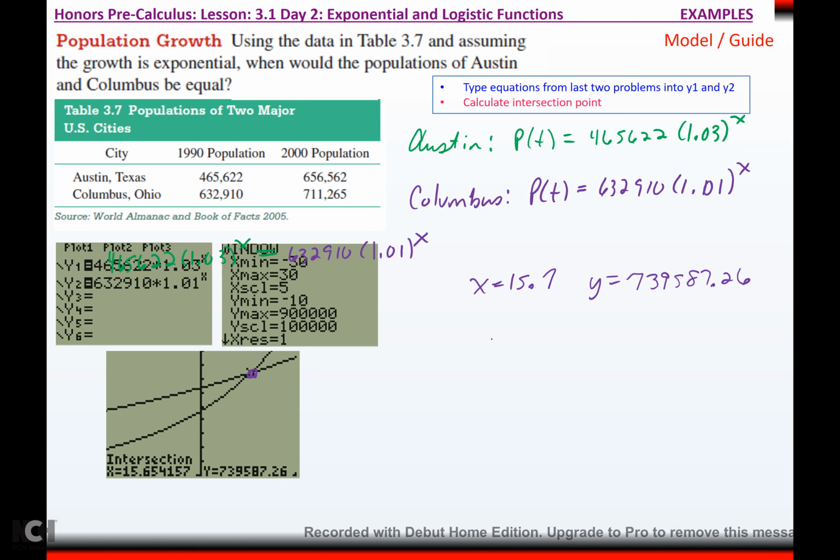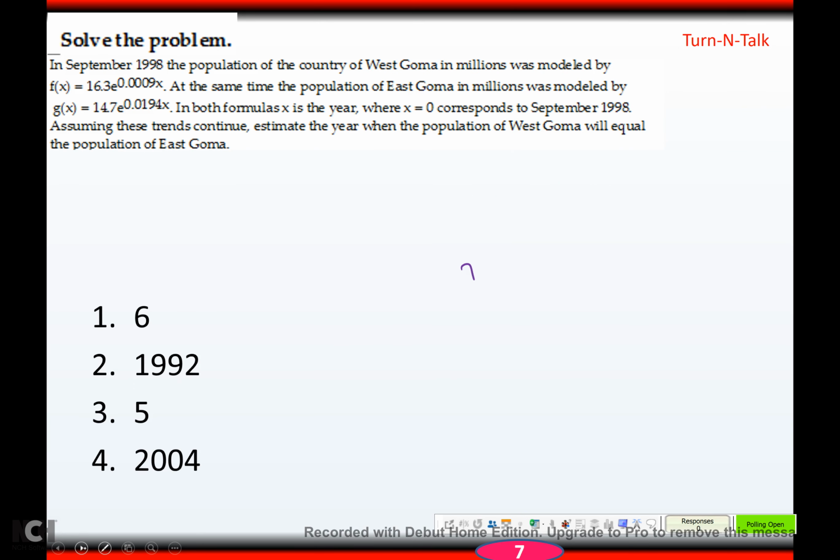So what this says is, in 15.7 years, the populations should be equal. Okay? Alright, so you try this one, hit pause, come back when you're ready,